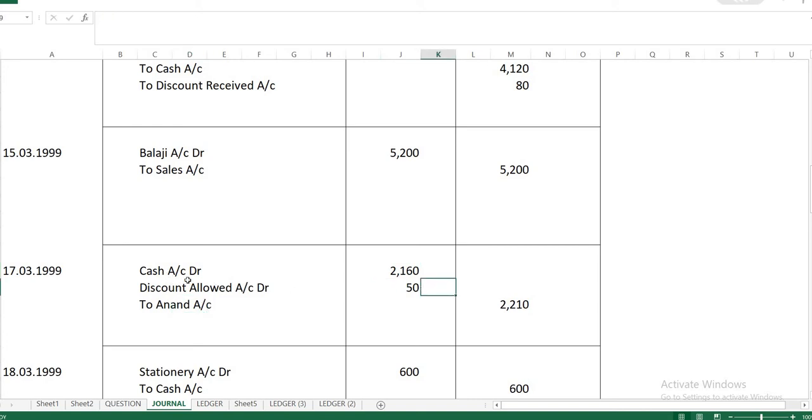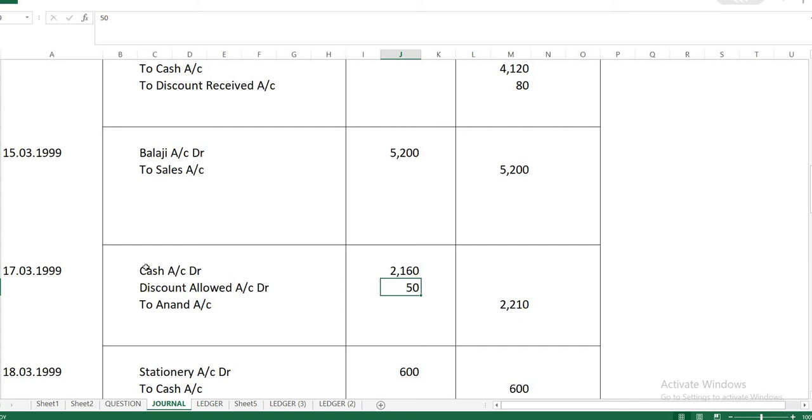Okay. So now how to post the entries in the ledger account? Cash account we already created. In that, to Anand account, on the debit side, in 2160 amount you have to enter. Open the discount allowed account, and in that, to Anand account, on the debit side mention again 50 rupees. And when preparing Anand account, by cash, by discount allowed on the credit side: by cash account, by discount allowed account on the credit side, 2160 opposite cash, and opposite discount allowed 50 rupees you have to mention. I think you might be clear now.